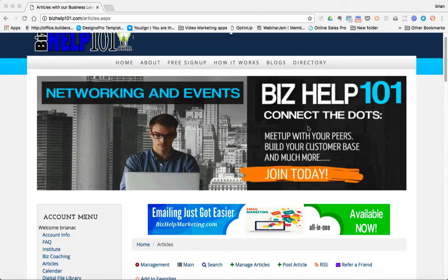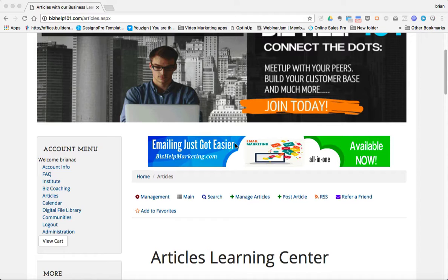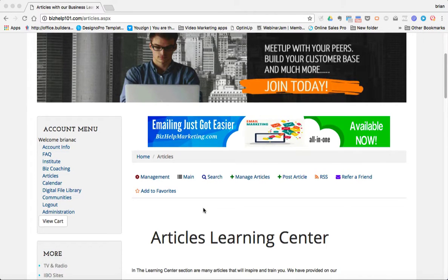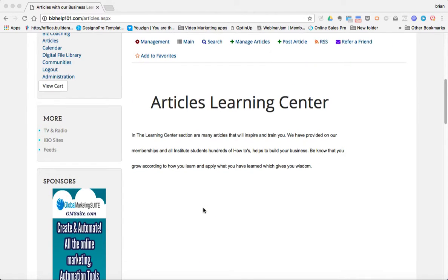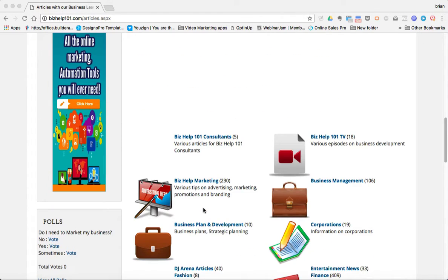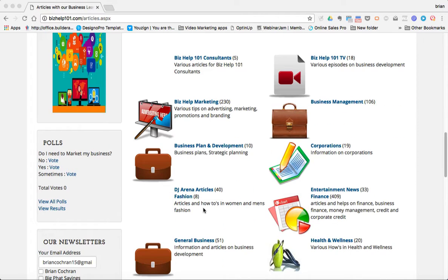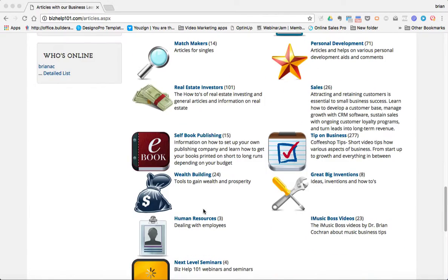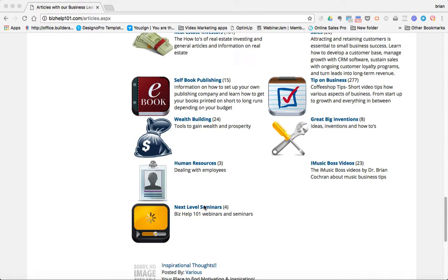What you would do is go to, depending on what portal or site or community you're on, click on articles. It'll open up here. As you see, we have some general information about what it's about, and in this community we put a bunch of different categories, and in these categories are various articles in these various sections. So, for instance, we'll click on wealth building,